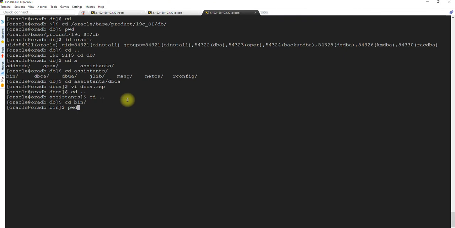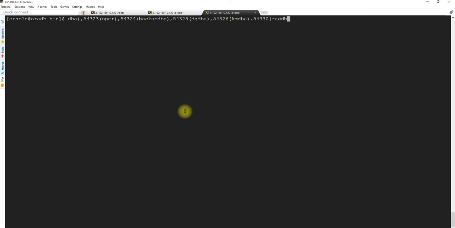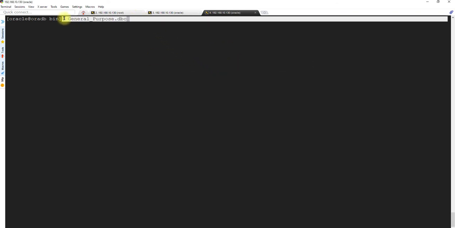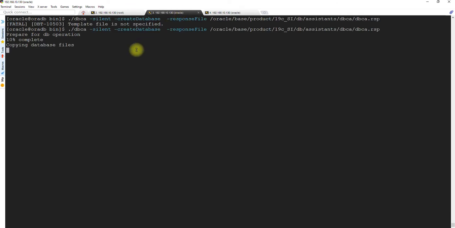Okay, let me show you. Sorry, let me clear the screen, and this template parameter will have this value. Okay, and you will run this in the usual way with the switches, that is silent.